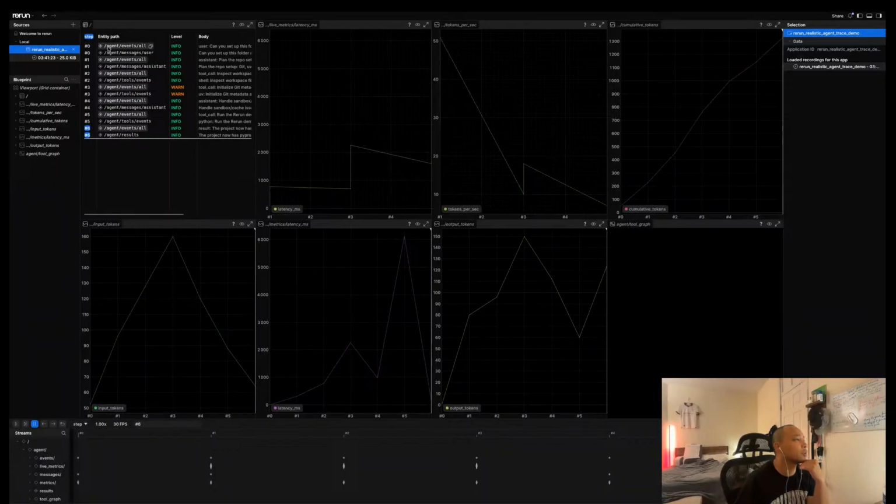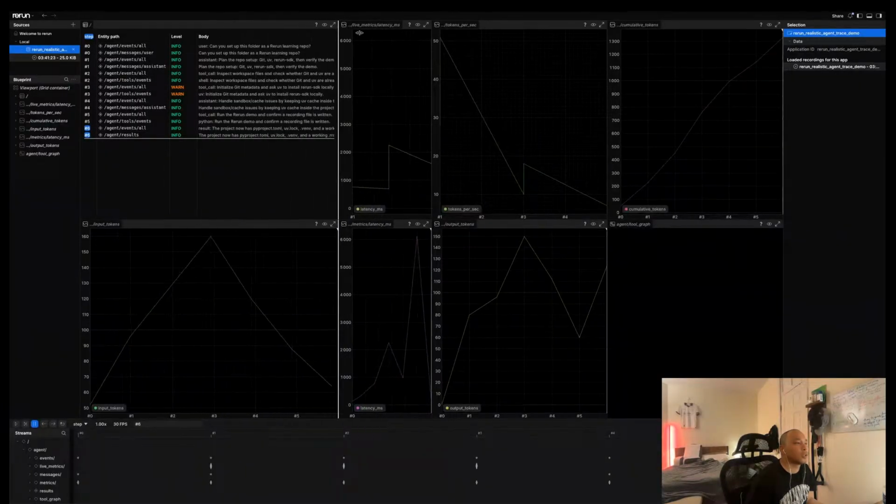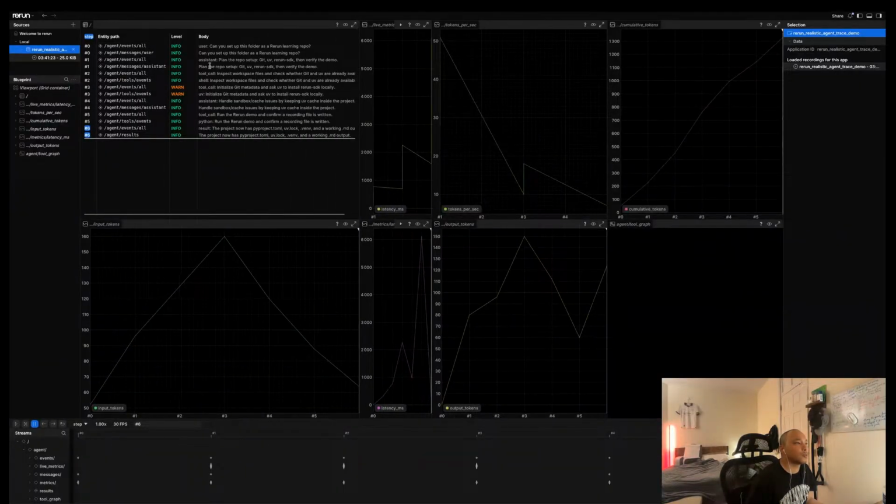You have a few different entities. You have the agent, but then you have events. And an event is something like, can you set up this folder as a learning repo assistant? Can plan.